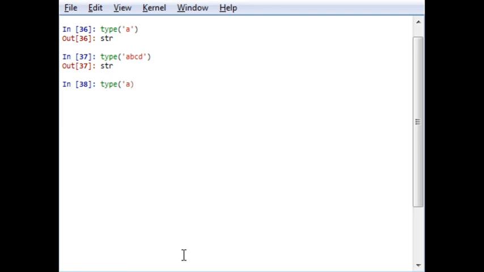If instead of single inverted commas I add double inverted commas, it will also give me the class type string. So here we have defined strings of 1 and 4 characters respectively. It is important to remember that white space is also a character. As such, I am writing hello world here.